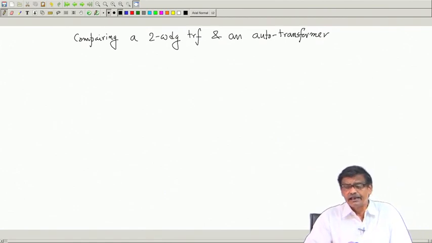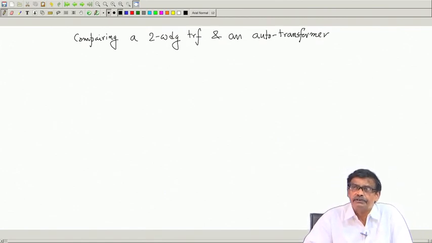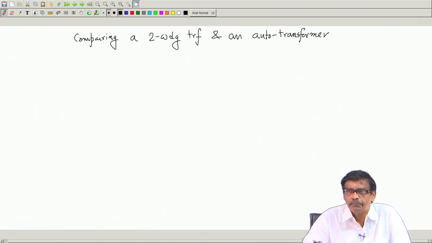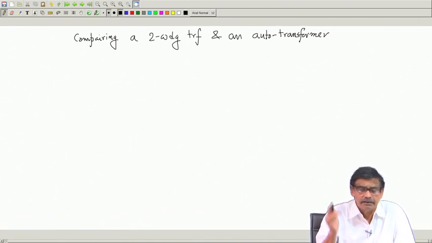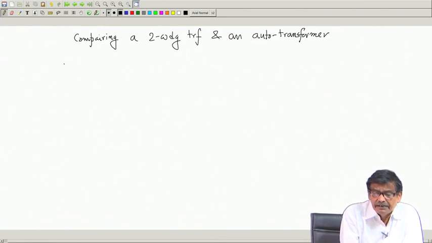Now, the moment you say I will compare two transformers, their ratings must be same, then only you can compare two things at same level. So, what is the rating? I demand that